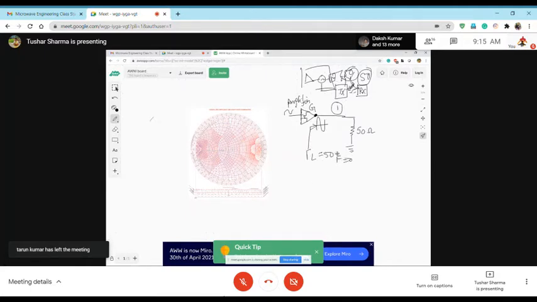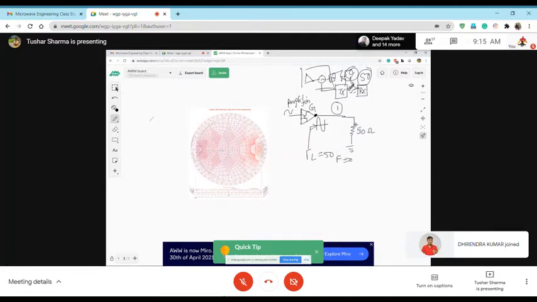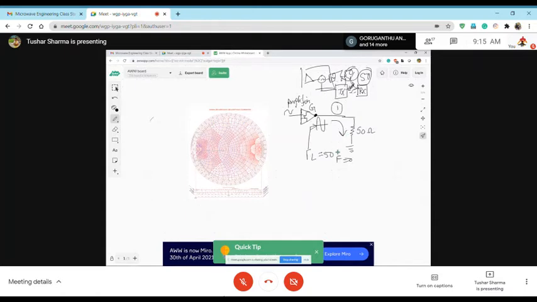But if it is non 50 ohms, then it's a problem, because then the power generated at this port won't actually be delivered to the load. And you want the power to be delivered to the load because you want to maximize the amount of signal which you are transmitting from your receiver or from your transmitter in a given system. So usually these impedances are not 50 ohms. They will be some R plus jX, or R minus jX. It can be any impedance.